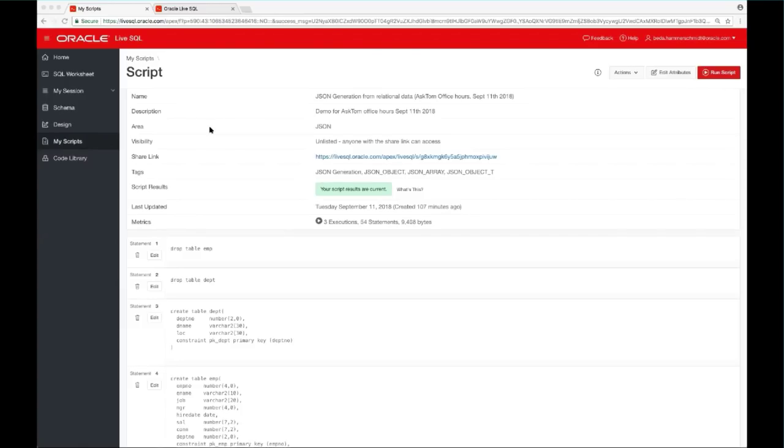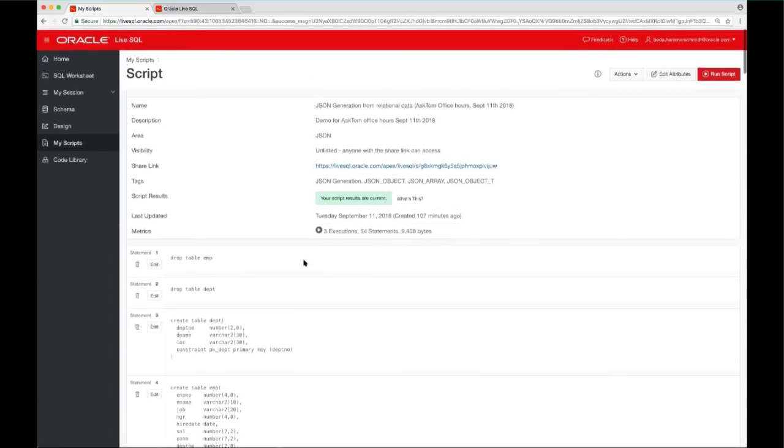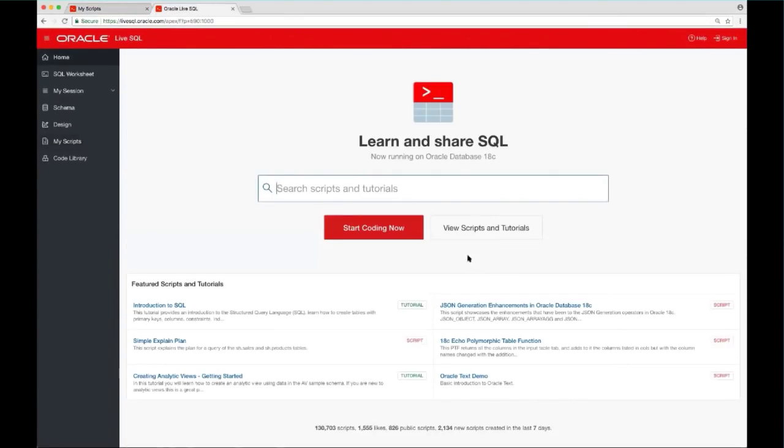Okay, cool. So today we're going to work just with LiveSQL, and I already uploaded the scripts to LiveSQL, so you should be able to find it later once it's made public. Just look for JSON generation from relational data, or the AskTOM with today's date. For ease of use, I will not run the script here because then it would run all of it. Instead, I open another LiveSQL and we're going to look at instructions